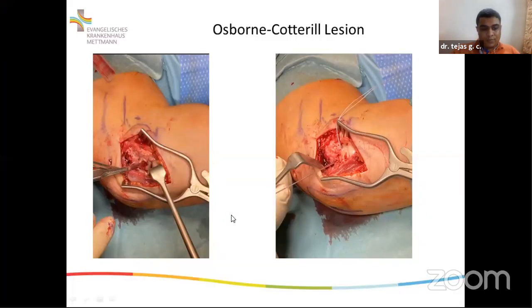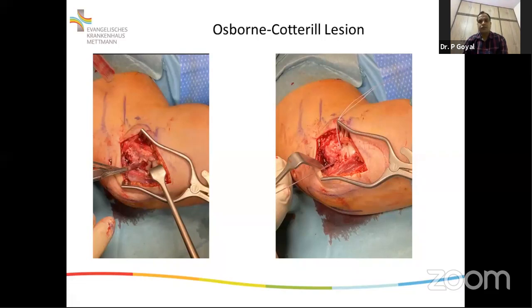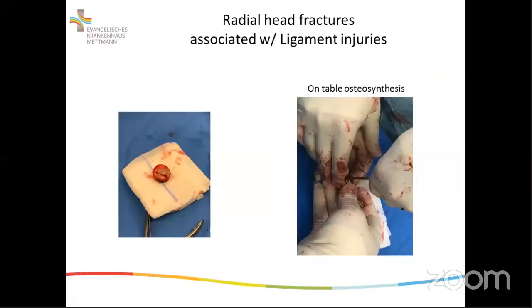So as I said, I don't know if you heard that, I always use two anchors for the origin of the RCL and the LUCL. I find it as a pattern much more stable. This is again just to emphasize the posterolateral instability with radial head fractures, and it's almost always associated with ligament injuries. As I said, even in Mason 1 radial cases, we brought two